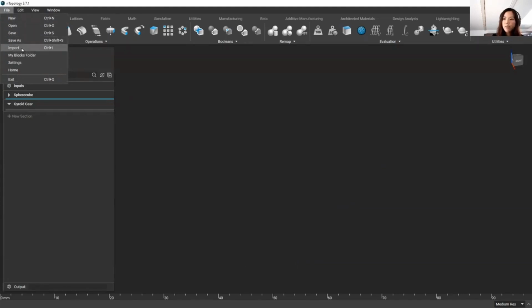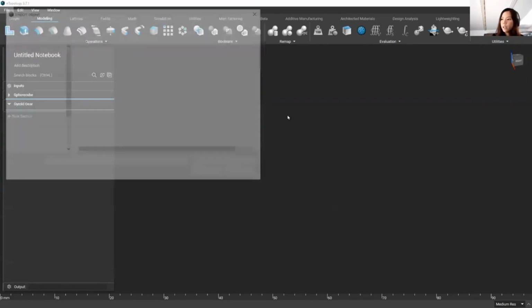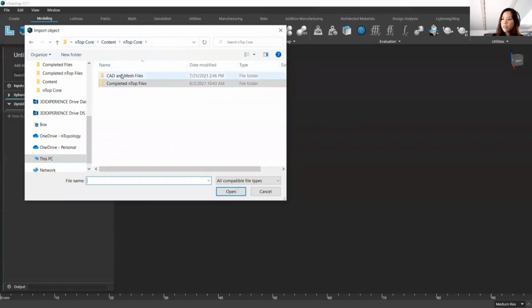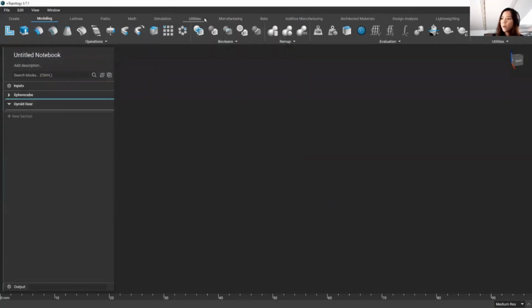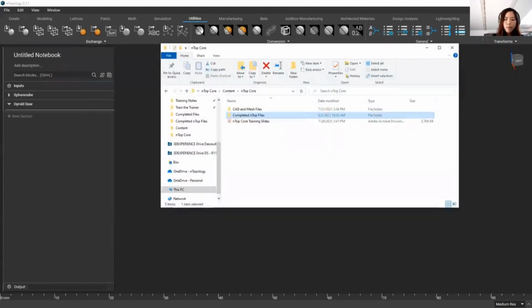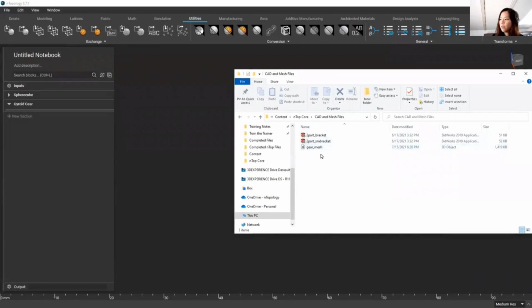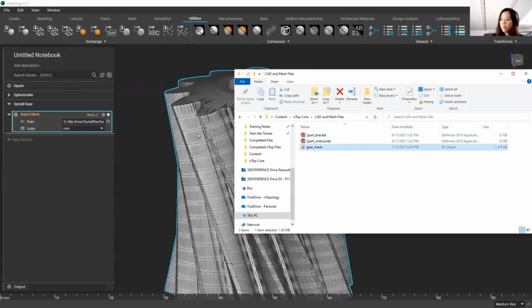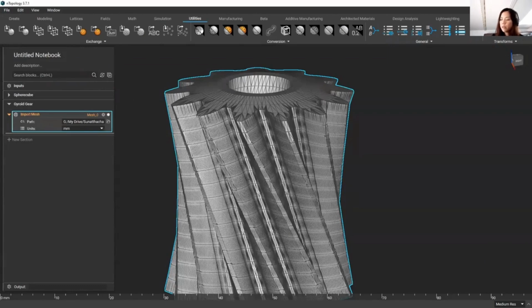to import through this file import, and that will have this window show up, as well as you can see all these file types that you can import. The second way is to use one of these blocks, import part or import mesh, depending on what you're using. My favorite way is if we go into our folder, wherever we keep it, and just drag and drop. And that will recognize the type